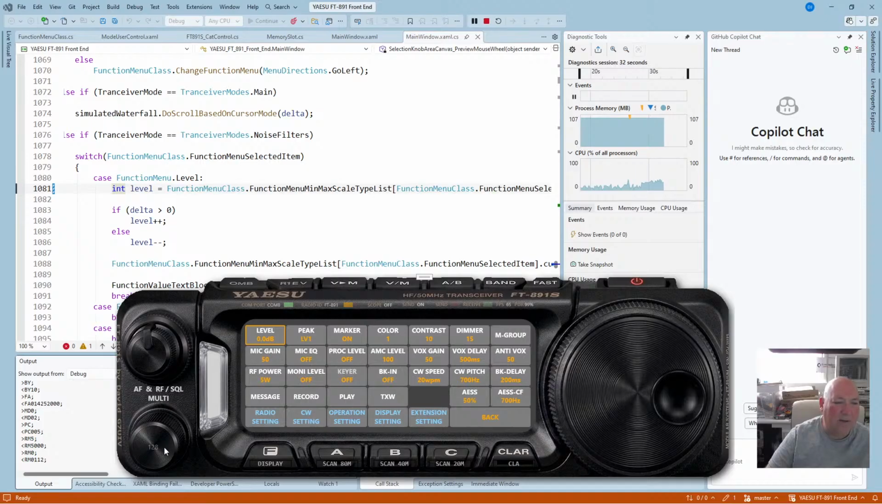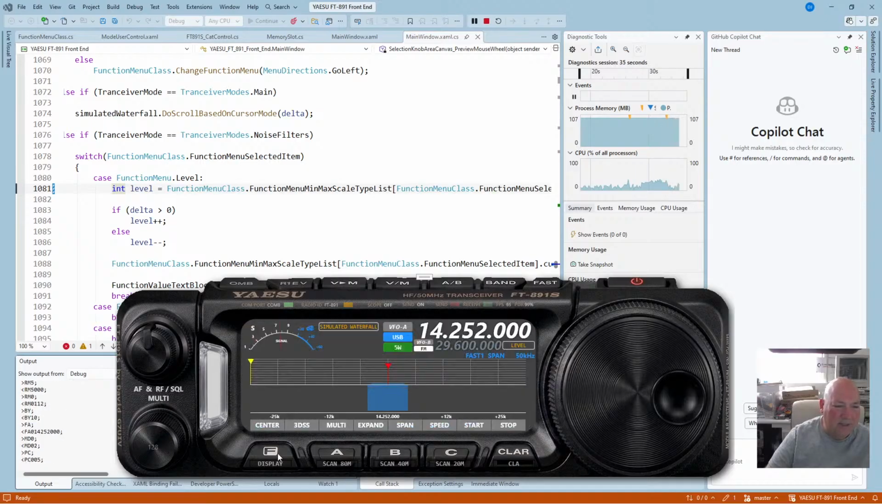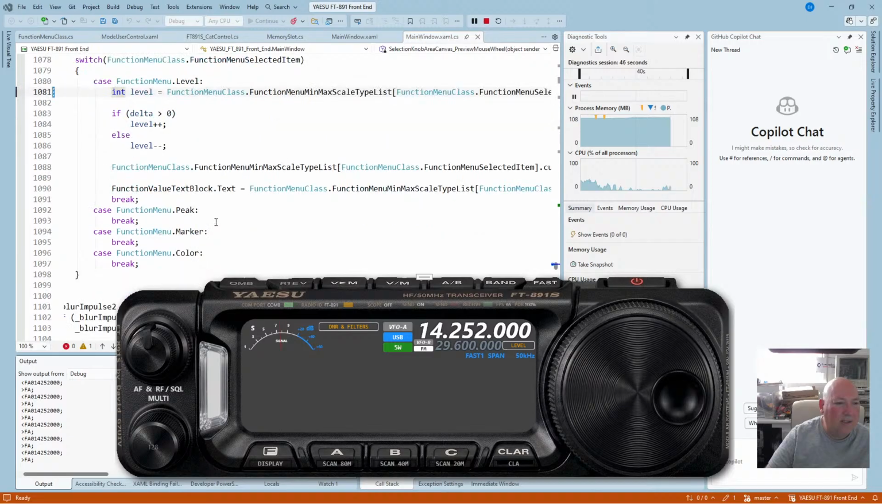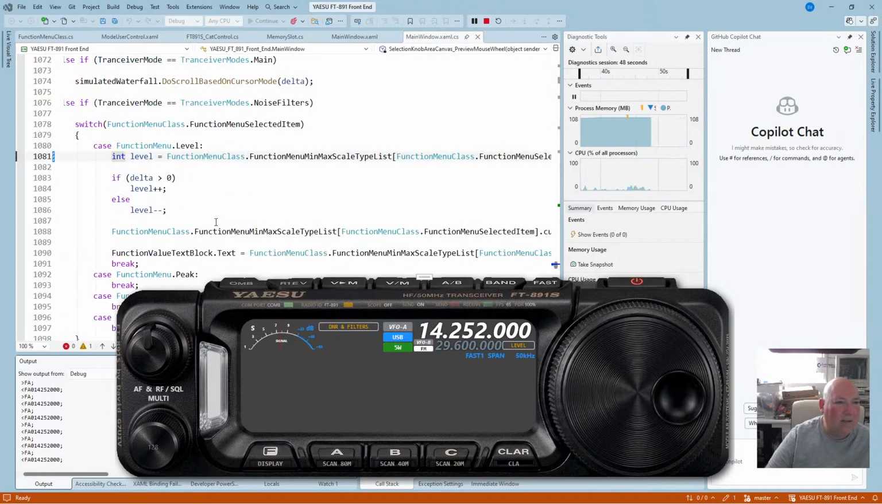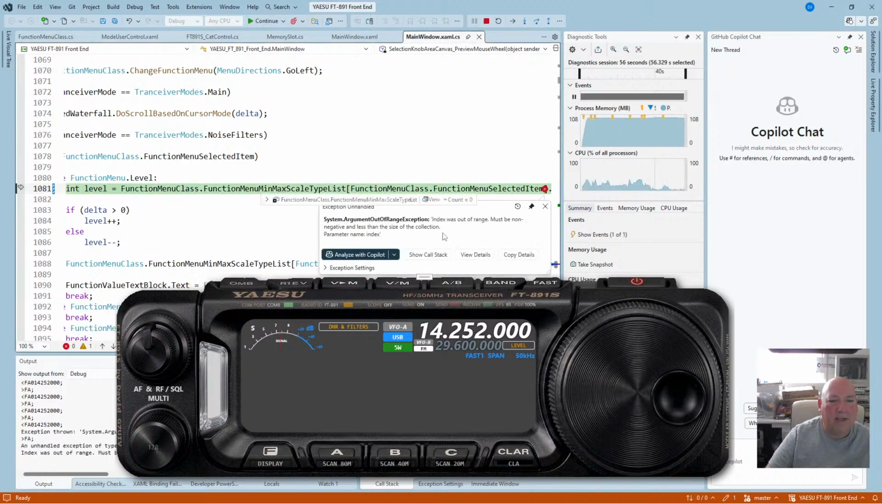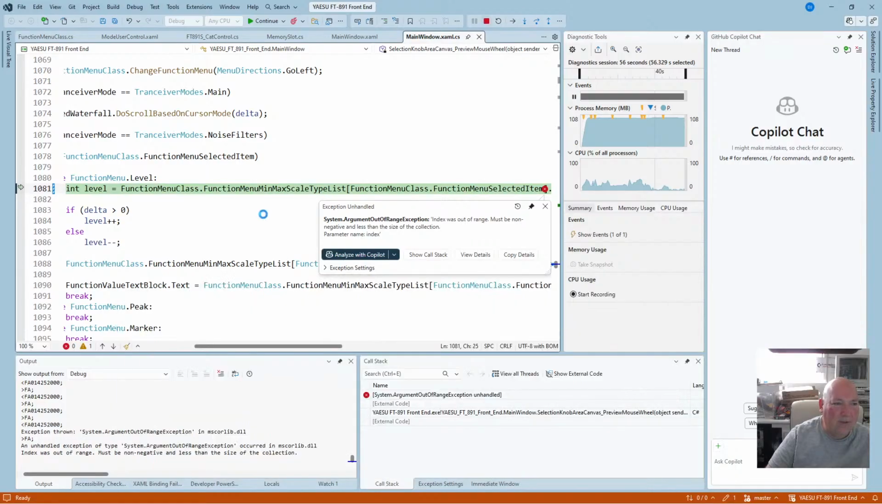There's no problem. I know what it is. I'm not in the mode. I need to get to the filters. Actually, yeah, that is transceiver noise filters. Yeah, that's the mode, and I'm currently on level. So now it's going to crash. I'm going to scroll forward. There we go. So it's saying the index was out of range, must be non-negative and less than the size of the collection. Right, and I can't see what the problem is, so I'm going to have to do a